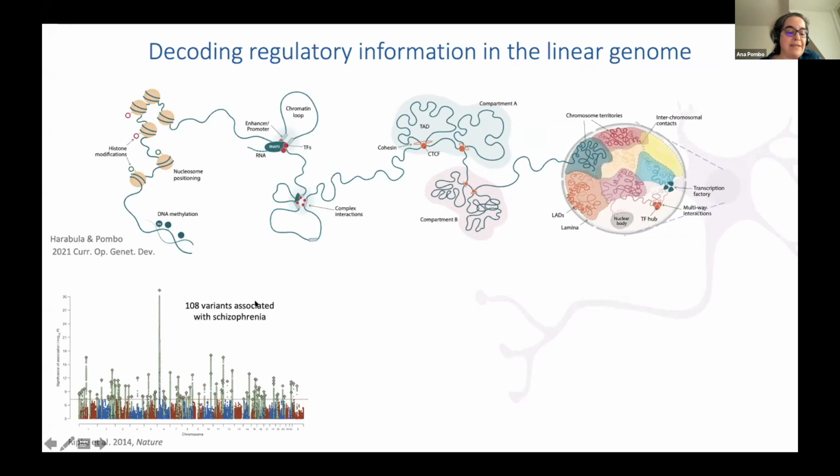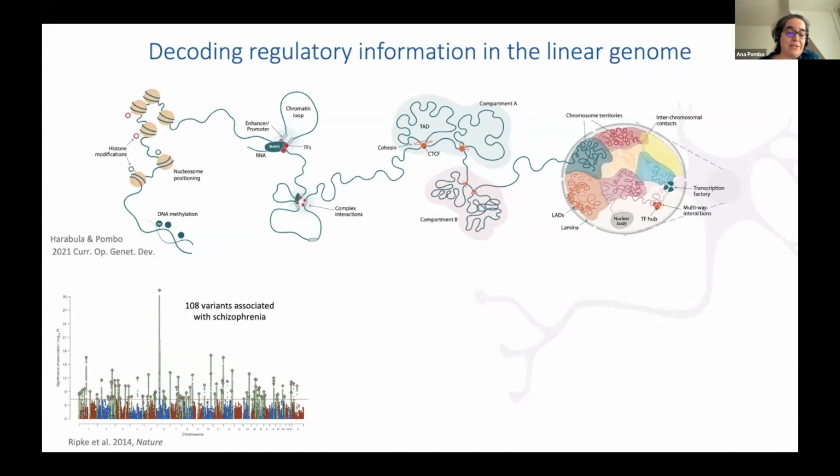And one reason this is extremely important is, of course, to understand in particular genetic disease. And this is just one example I think many of us show in our talks. This is an example from schizophrenia, where a number of variants have been described here. This is already in 2014. And in this particular study, the vast majority of these variants actually are found in non-coding parts of the genome. And so it becomes a mystery really to know what are they doing. Are they changing the binding of a specific transcription factor, repositioning a nucleosome, changing the enhancer promoter organization, or maybe altering the specific folding of a domain, or even altering the lamina association, and in that manner affecting genes.